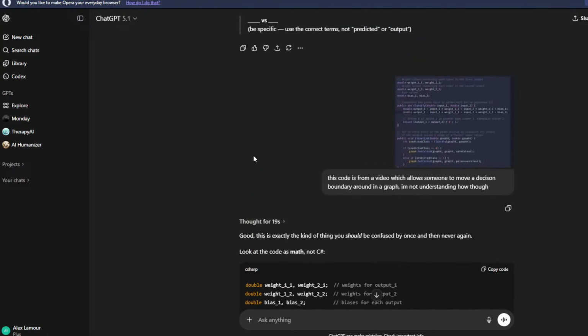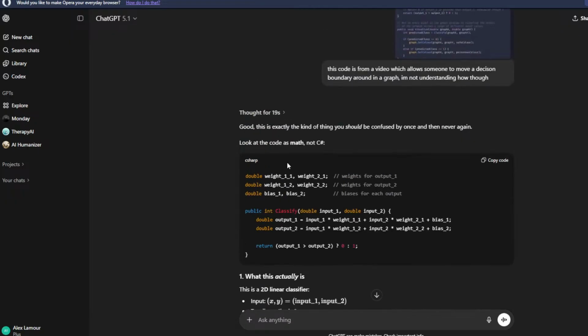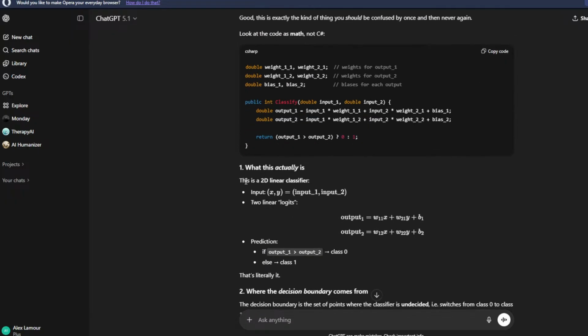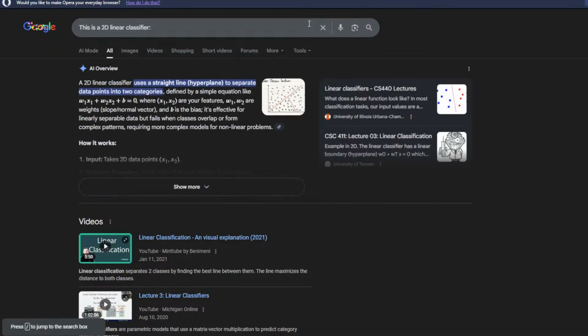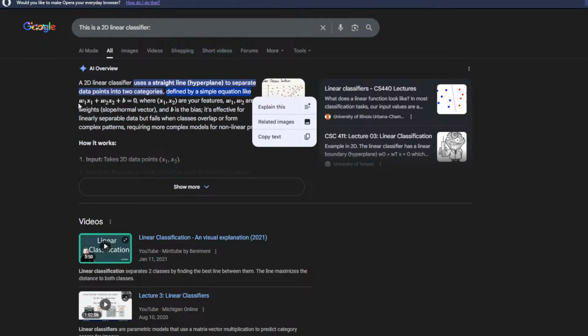What? All right. One thing at a time. So this is a 2D linear classifier. What does that mean? A linear classifier is a straight line that separates data points into two categories. The decision boundary is defined by a simple equation like w1x1 plus w2x2 plus b